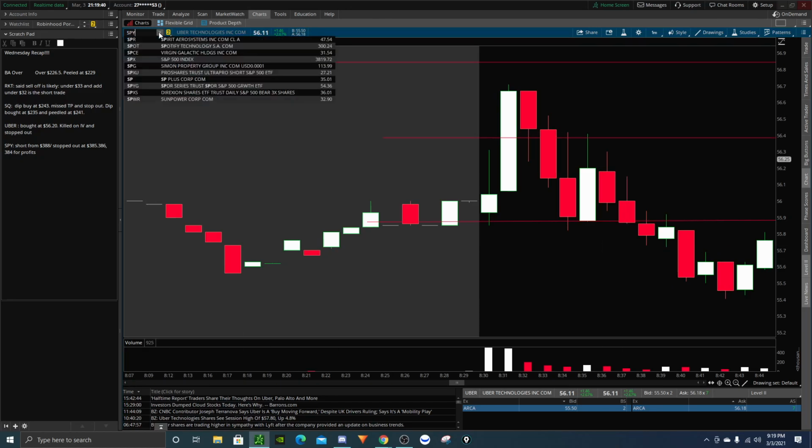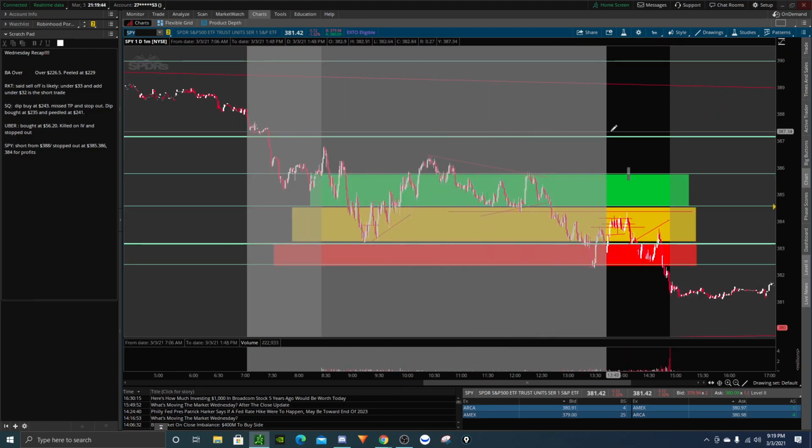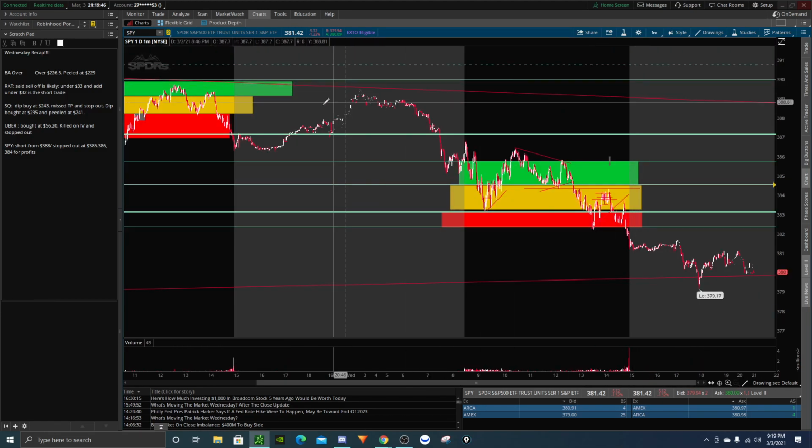Let's go over to SPY. We had some crazy trades on SPY today. We had some short trades that we talked about yesterday, how we closed in the red zone. So we went ahead and went short the SPY right at about 388. Got a nice good push up. I covered one right as we opened up the day,